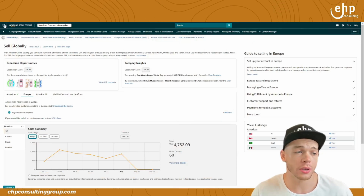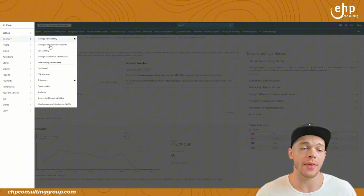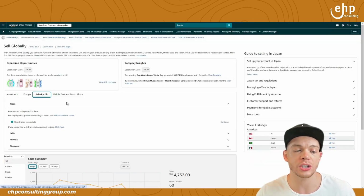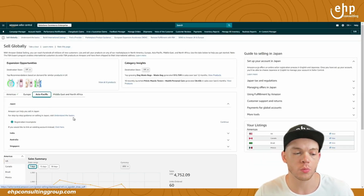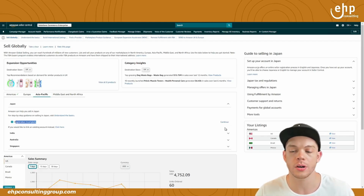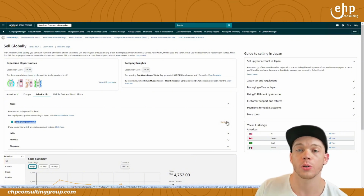Okay, you're gonna log into your Amazon Seller Central account. You're gonna go to inventory, and then you're going to go to sell globally. Then you're going to go to Asia Pacific. And this is where you can expand to Japan. You can see the registration is incomplete here. So you click continue, and this is where you fill out